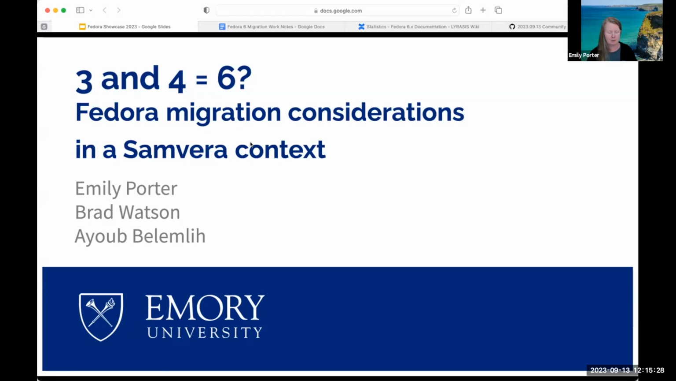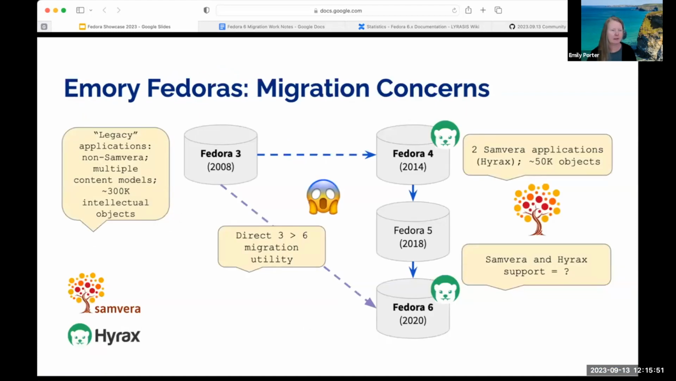So also want to acknowledge all the other Samvera related presentations you may have seen already this week, and hopefully we won't be repeating too much. We're trying to keep this pretty high level, but we also know the details are what are the most interesting things. So to give a little context here,